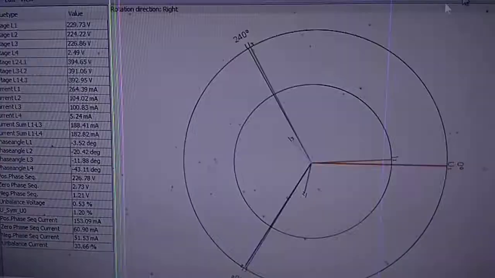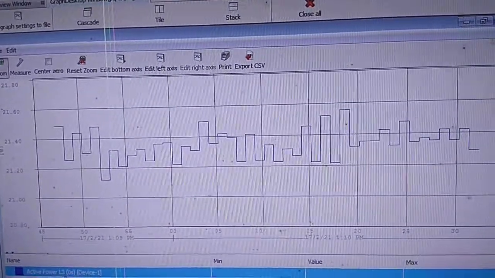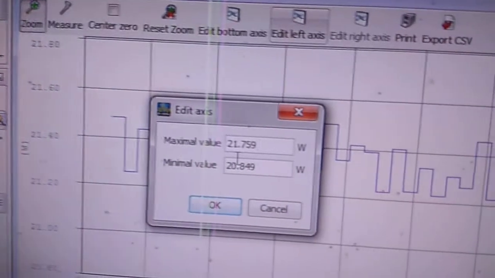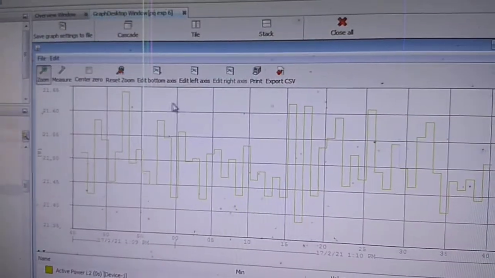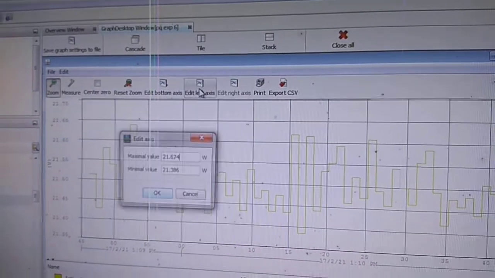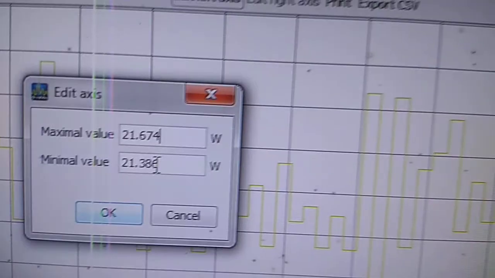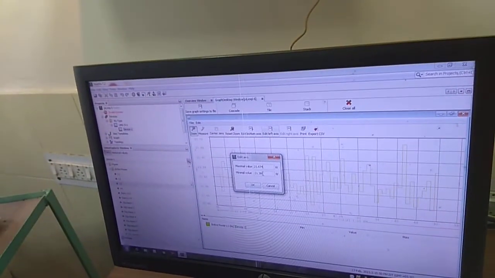This is the phasor diagram which we were also seeing. Now the next one is ये L3 सर, ये CFL. This is CFL. CFL as you can see is 21 watt. And L2 ये LED. And LED one is also coming out to be 21 watt. ये सर 25 watt, 25 से हमारा कंज्यूम ये इस टाइम पर ही 21 watt कर रही है.